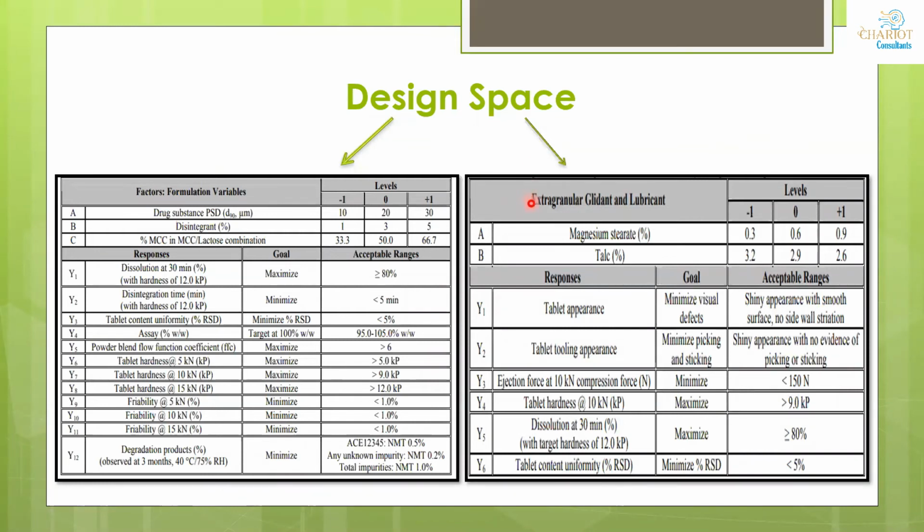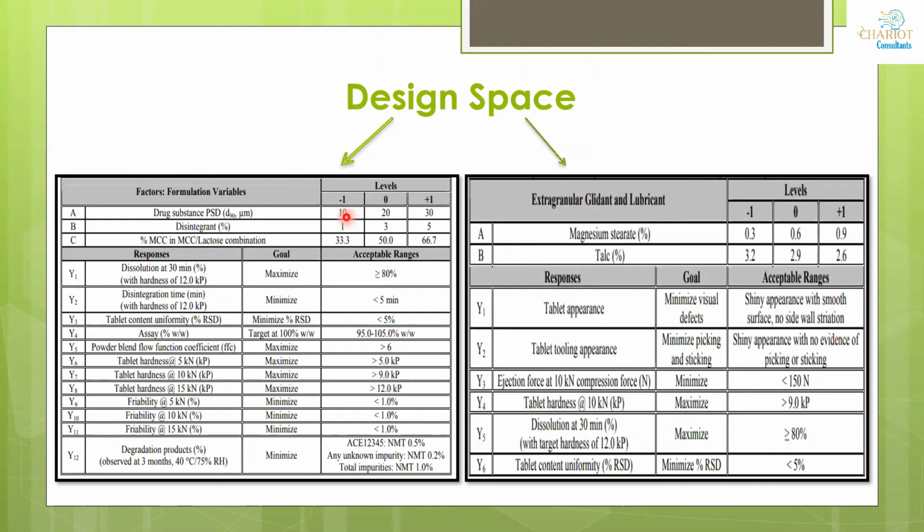Earlier I told you that first we need to do the QTPP, the quality target product profile, then your CQAs, then your CPPs, CMAs, CFPs. All those things that we have identified as high or medium, we need to monitor. We need to bring those risks from medium to low or high to low. In order to do that, we need to prepare a design space. Design space means the levels that you need to evaluate to reduce that risk.